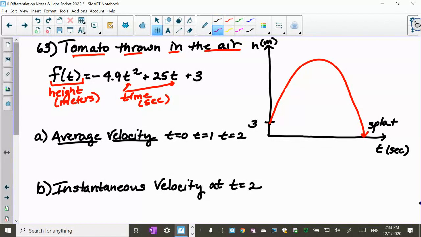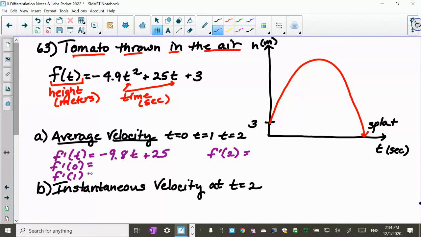So I'm going to do that right here. F prime of t is 2 times negative 4.9, so that's negative 9.8t plus 25. So there is my velocity function. F prime of t is my first derivative. And now I want you to plug in f prime of 0, f prime of 1, and then you're actually going to do f prime of 2. So you're going to plug in for all of those. So if I do this for 0, I get negative 9.8 times 0 plus 25. So this is going to be 25